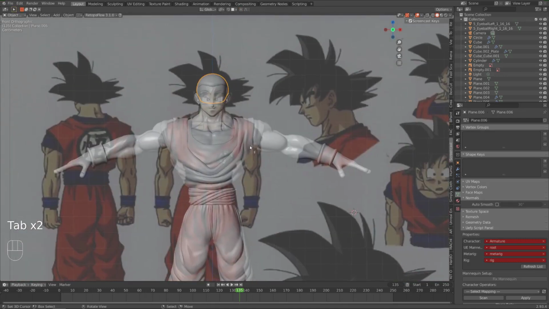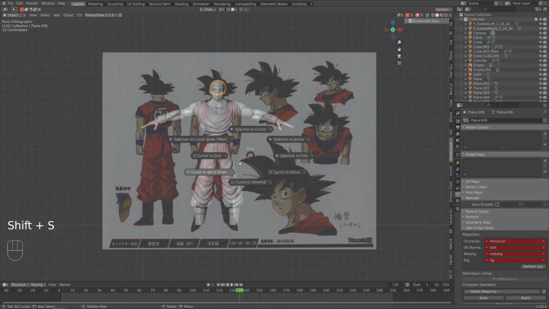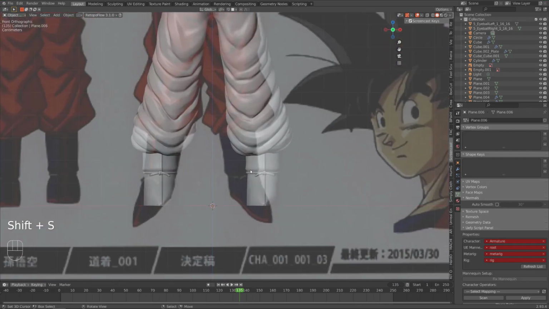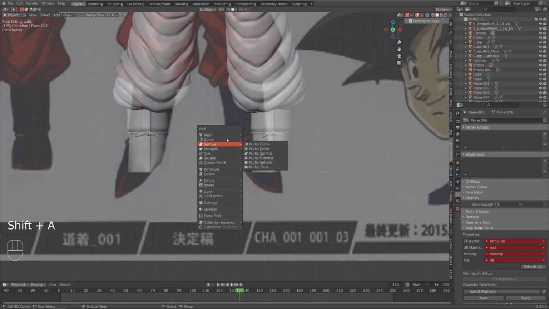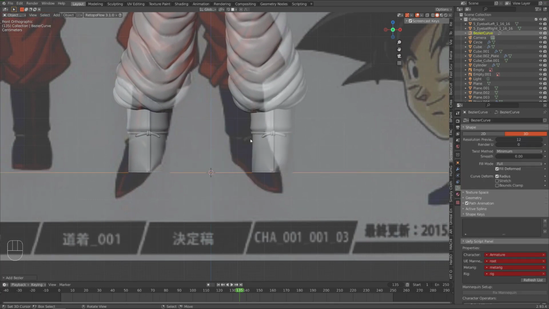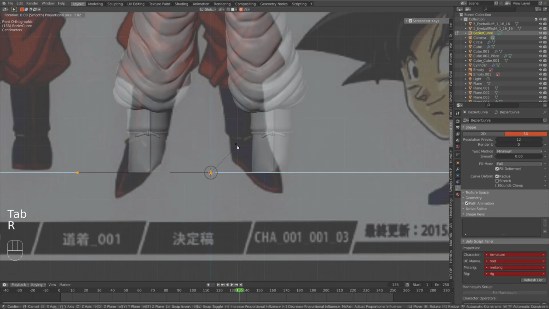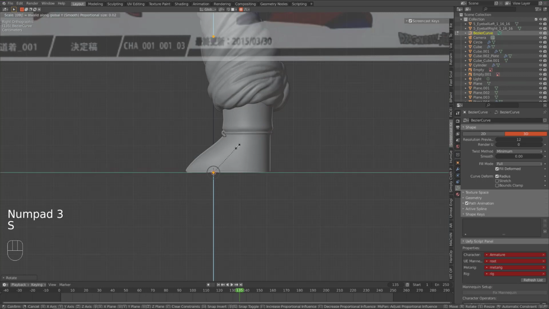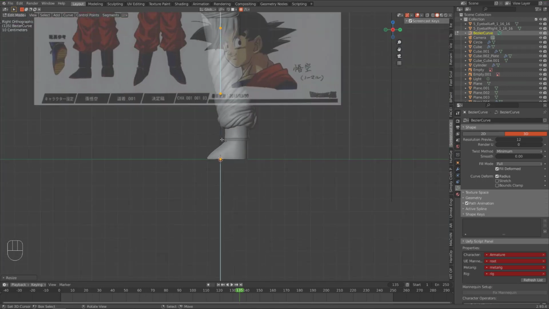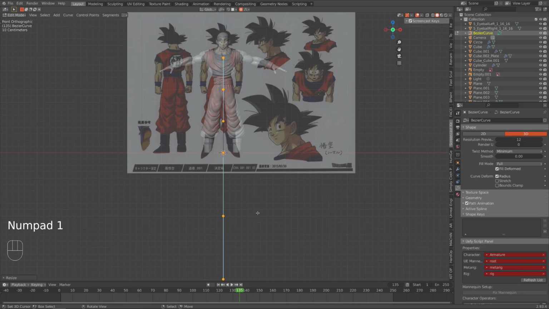Now, for his strips of hair, Shift S, cursor to world origin, we're going to use a Bezier curve. So we're going to hit Shift A, and we're going to go to curve, and we're going to go to Bezier. Hit Tab, R rotate, 90 degrees, hit Enter, hit 3, S, Y, 0, flatten that out, boom, scale these